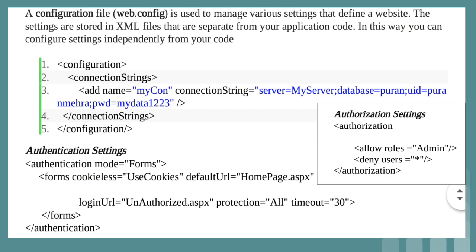In the configuration tag just use the connection string tag, and in the connection string we have the path or the connection which you want to create. Actually, in unit number 4 we are going to learn the database connectivity. At that time it will be clear why we should make use of the web.config file. So basically, if you want to create a SQL connection, for that purpose you can use the web.config file.